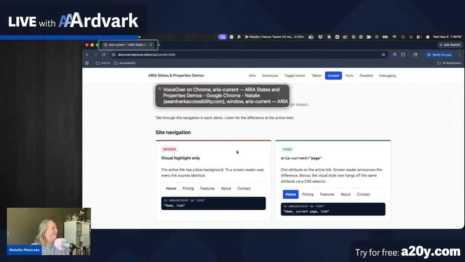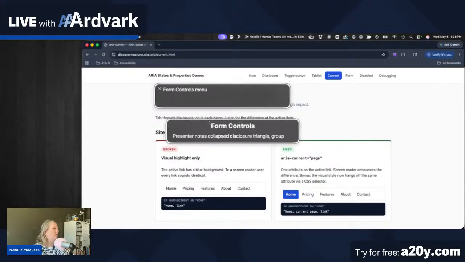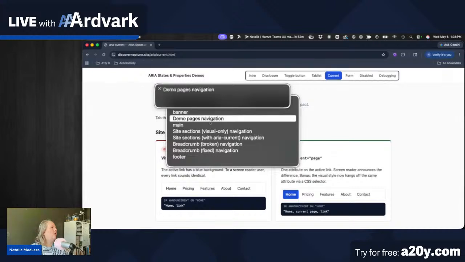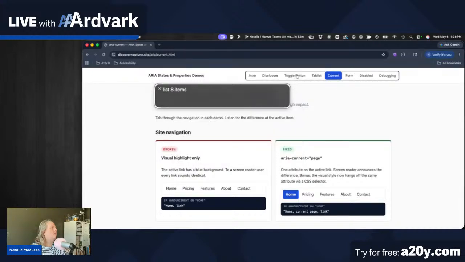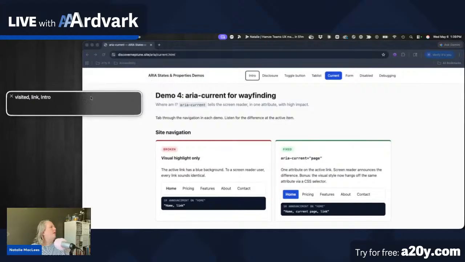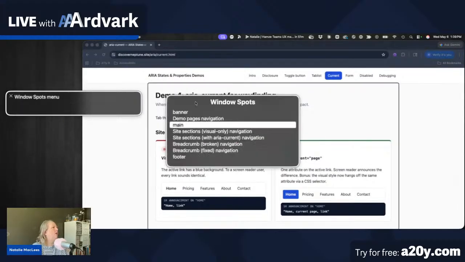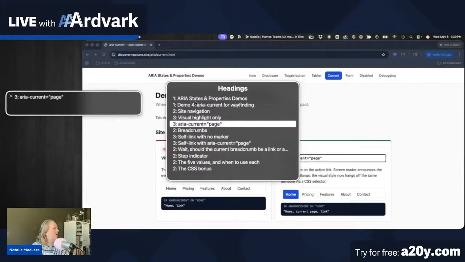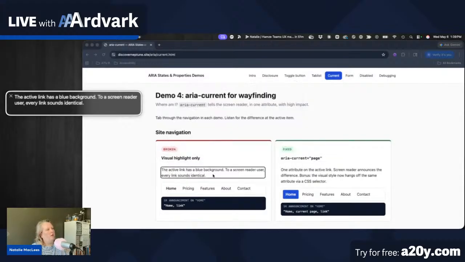VoiceOver on Chrome. Our new tool bookmark. aria-current. ARIA states and properties demos. Web content. Form controls. Tables menu. Landmarks menu. Demo pages navigation. List 8 items. You are currently in a visited link intro 1 landmarks menu. On item main visited link intro. Where am I? Landmarks Windows links menu headings menu 2 3 aria 3 heading level 3 visual the act site